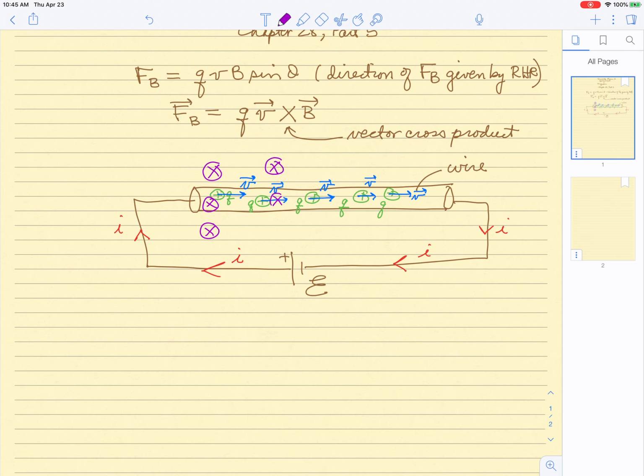We're going to place this wire in a magnetic field, which is now oriented into the plane of the paper, screen rather, chalkboard, whatever. All right, so we have a magnetic field which is into the plane of my screen, and clearly now,